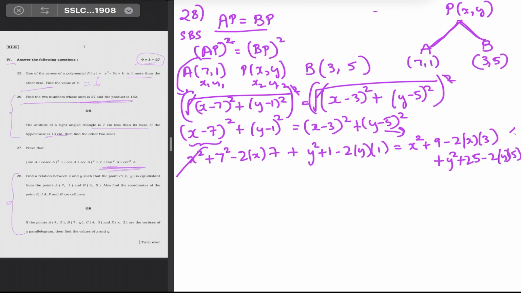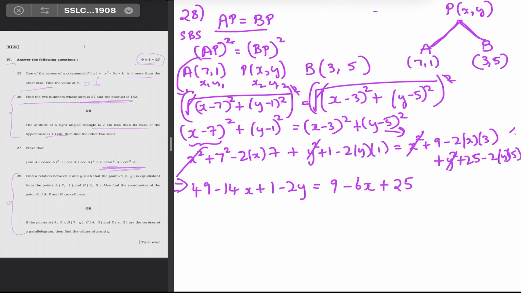So x square gets cancelled, y square also gets cancelled. Let us simplify. We are left with 49 minus 14x plus 1 minus 2y is equal to 9 minus 6x